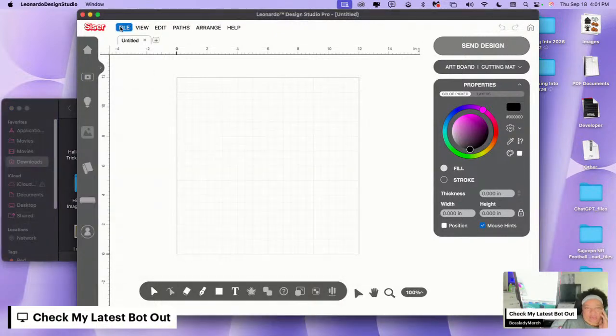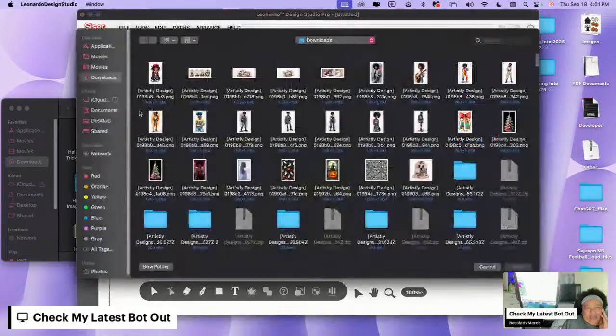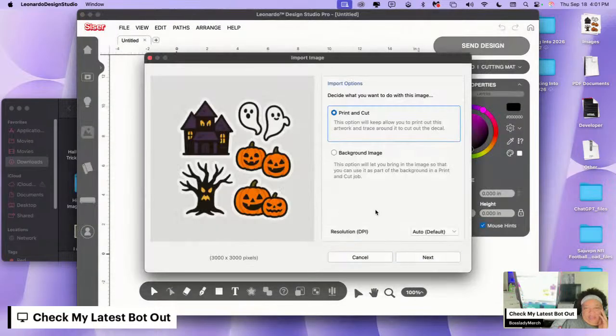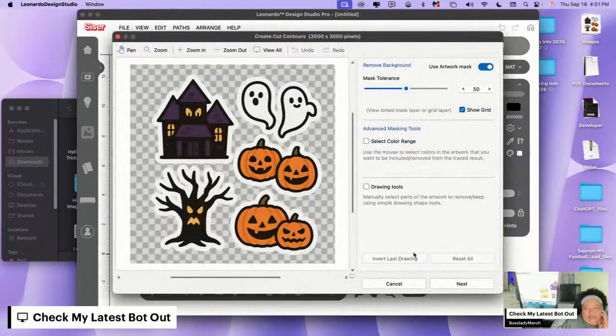So then we've got file, import, and desktop. And then I'm going to put it on my cutting software. So I'm going to leave it on print and cut, because that's what I'm going to do. I'm going to print it, I'm going to cut it. So basically, next,